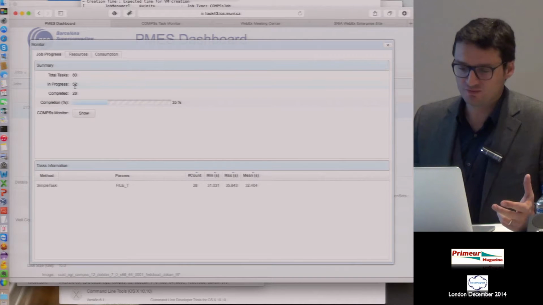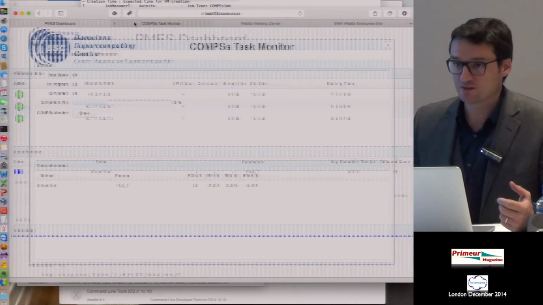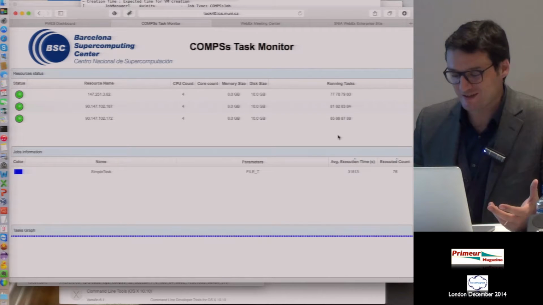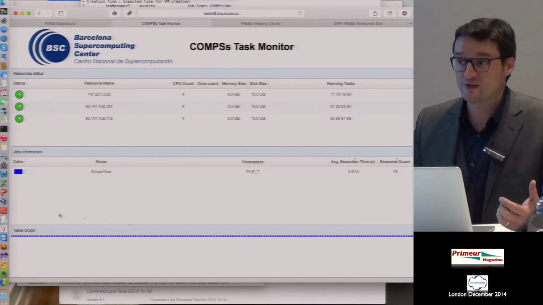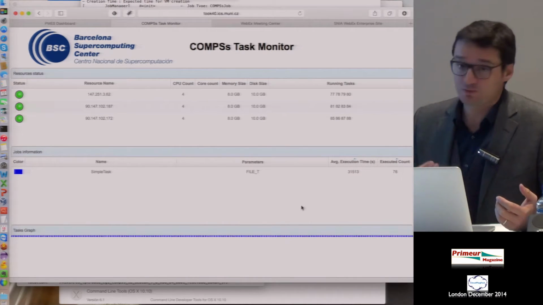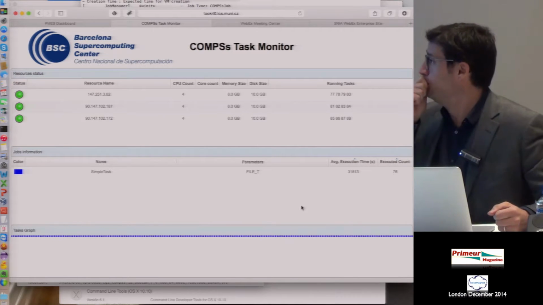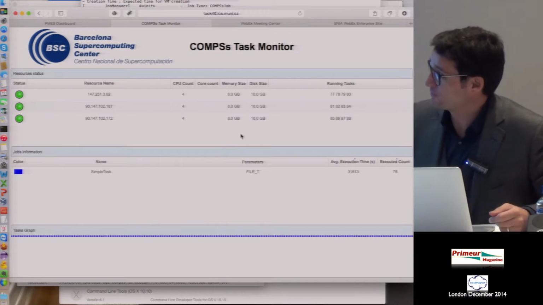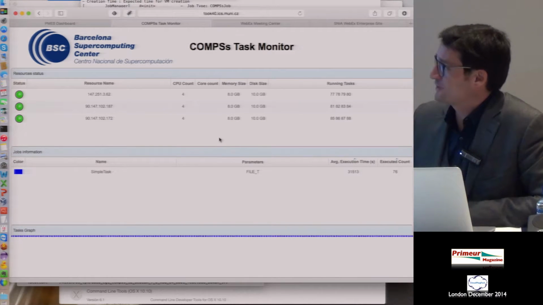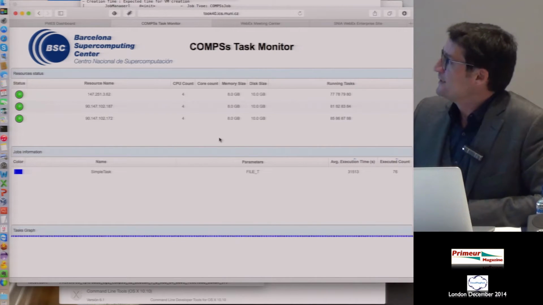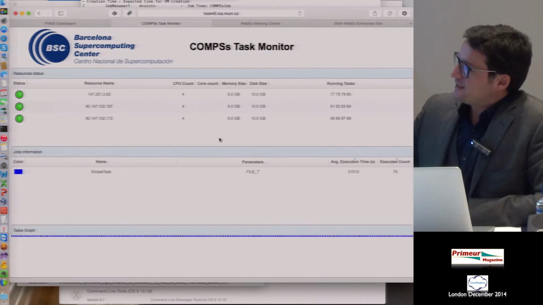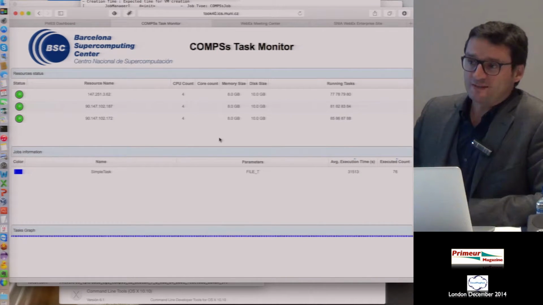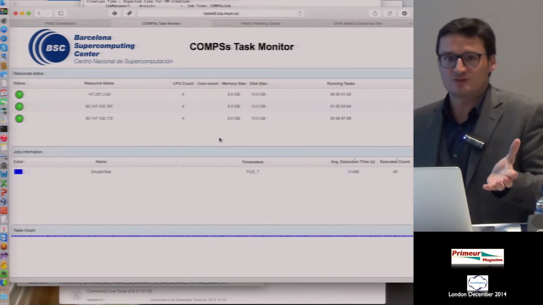So it has 3 virtual machines, but it knows that it can do better because it has other tasks in the waiting queue. So it's asking for more resources. The 4th virtual machine will eventually appear here. So this is to demonstrate the capabilities of COMPS, of the runtime, to profit from a federated infrastructure.